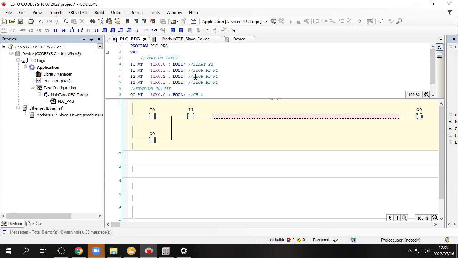I2 is the stop emergency. Okay, we can say stop button is an emergency. Then I3 is our diffuser sensor. It's going to be 3. So one thing that you need to appreciate, the 3 here must, on a regular basis, correspond with the 3 here. And then this one becomes that diffuser sensor. I like calling it as it is. Diffuser